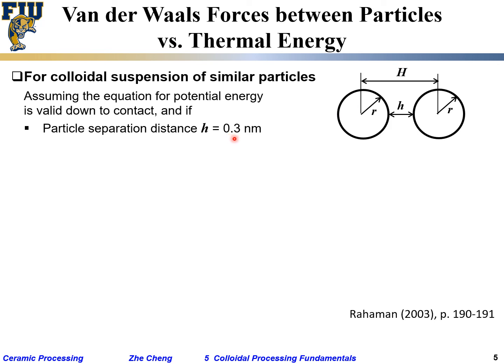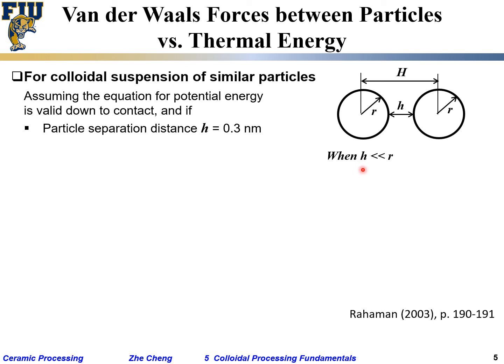General particles. No, general particles will be ceramic particles, right? You are talking about actual ceramic particles. We are talking about quite often 1 micron, 0.1 micron, which is 100 nanometer to 1000 nanometer. The gap here, if we say when they get close enough, 0.3, we would satisfy the relationship of h much smaller than